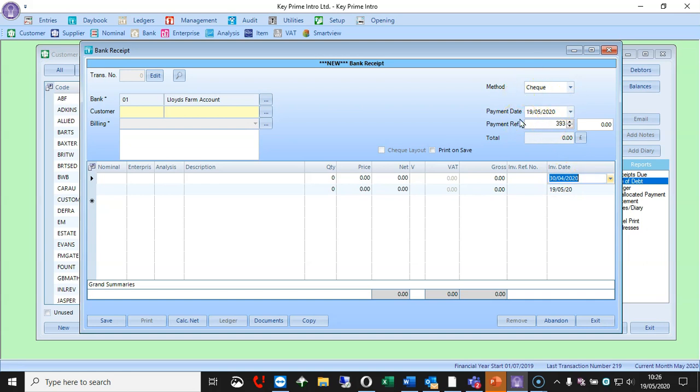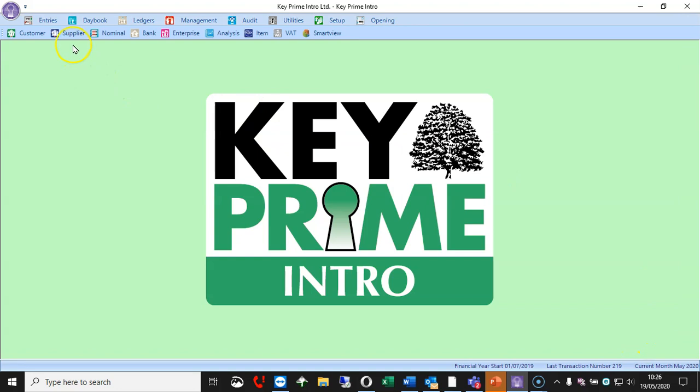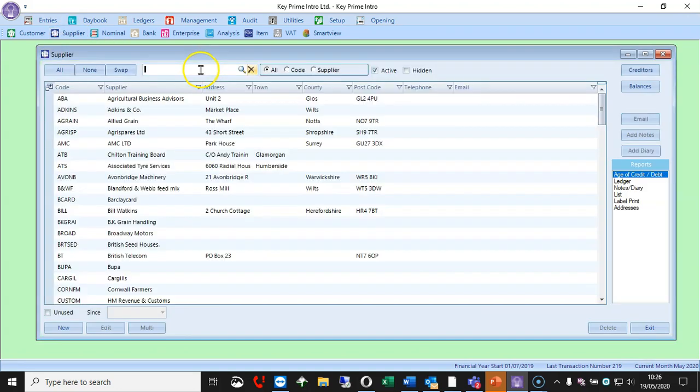And your accountant will be looking for that, and you don't have to do it, but it just saves you having to produce a list for your accountant at the year end when the system can do it automatically. So it is just worth on your bank payments and bank receipts changing the invoice date to be that is on the invoice, and the payment date will obviously be the payment date, so that it will give you the debtor and creditor list.